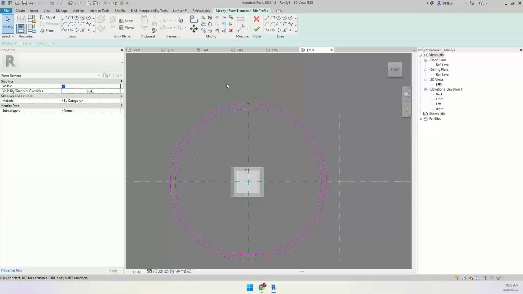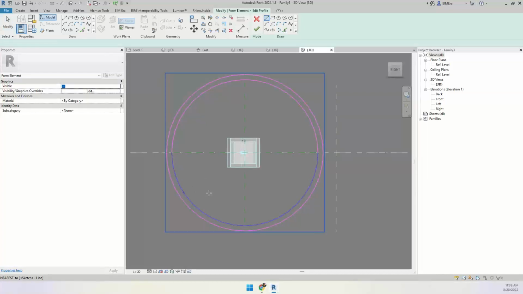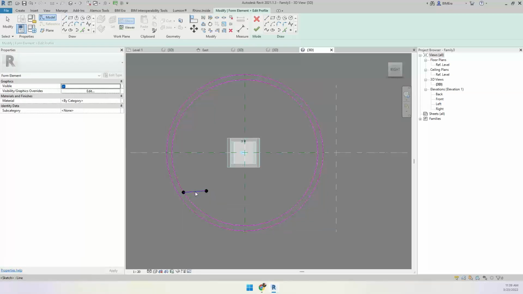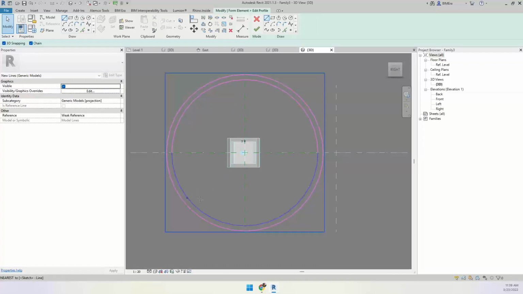For example, in our case, let's say create some sample line here. Let me create some straight line. Select this, and if you create something,